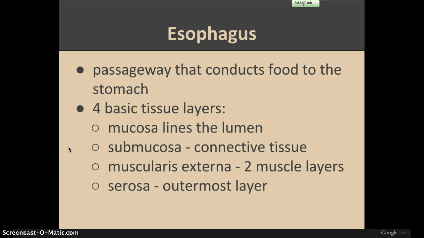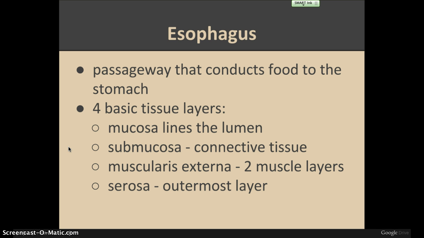You should have read about these different tissue layers when you're doing the packet. The 4 basic tissue layers. You find these tissue layers in all of the alimentary organs now, starting with the esophagus, all the way to your large intestine. So these 4 layers will be part of those walls. The mucosa is epithelial, submucosa is connective, and if you remember, connective tissue does have blood vessels, it's vascular, and there also has nerve endings. 2 muscle layers, and then the outermost layer